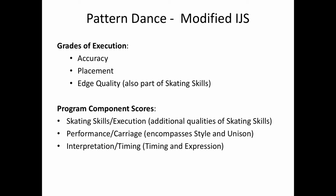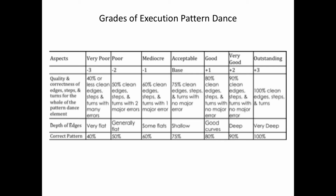When we look at the component scores, that's where we look at skating skills, execution, performance and carriage, and interpretation and timing. Those are the 3 component scores, and you're going to be looking at other qualities of the skating to assess in these 3 scores. We have a chart here, and again, this is all in the officials manual for your reference, so this is a helpful sheet to give you an idea of